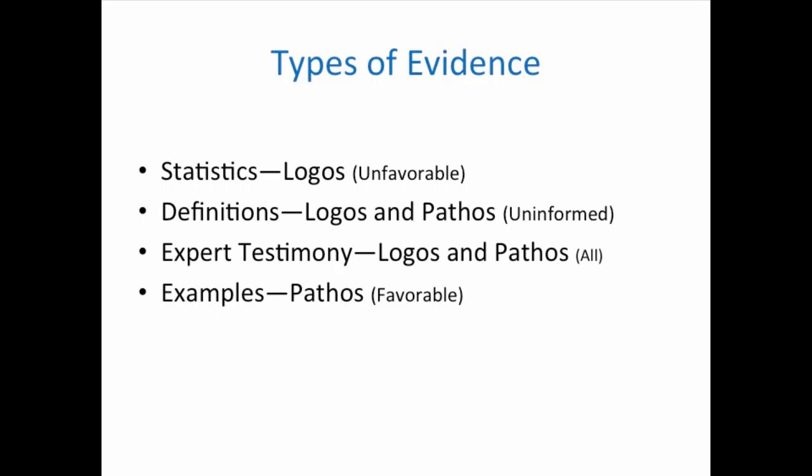And I use this both for interpersonal communication as well as cooperative art. As you can see, this is very helpful with interpersonal as well. So if we have an unfavorable audience, we're going to rely more heavily on things like statistics. We're going to rely more heavily on expert testimony, meaning tried and true experts in the field. What we're going to try to stay away from a little bit, not completely, are examples. So we still always want some pathos in there. We're never going to get rid of any of these, but we don't want to rely heavily on it. Matter of fact, do you know what pathos is the root word for?